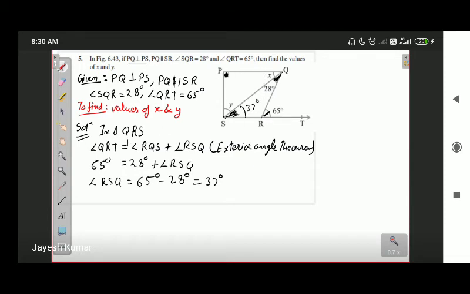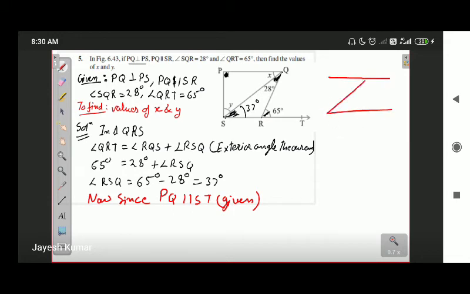As well as there is one more thing. Now, since line PQ is parallel to SR, it is given to us, taking QS as transversal. See, these are two lines. There are two transversals present here. One is this QS and another one is PS. Okay, so first of all, I am taking QS as the transversal. There is also a third transversal, that is QR.